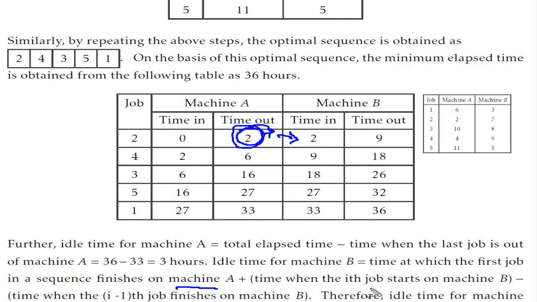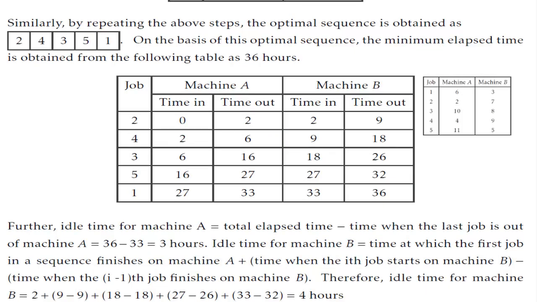plus time when the ith job starts on machine B minus time when the I minus 1 job finishes on the machine B. अब ये क्या होता है, वो ये होता है कि देखें, जैसे ये यहां पे मैं इसकी बात कर रहा हूं, ये कब शुरू हुई 18 पर, इससे पहली जो जॉब थी ये वाली I-1 वो कब खत्म हुई 18 पर, इन दोनों को माइनस करना है, जो निकलेगा वो वेटिंग टाइम होगा।